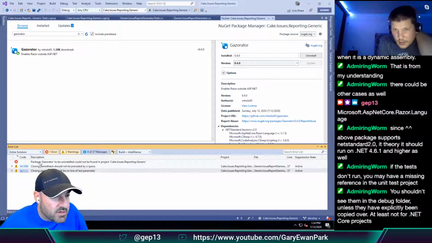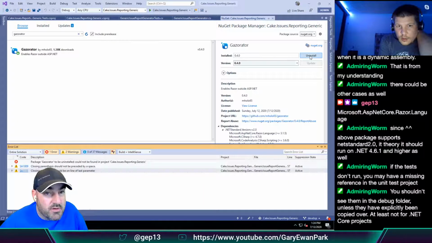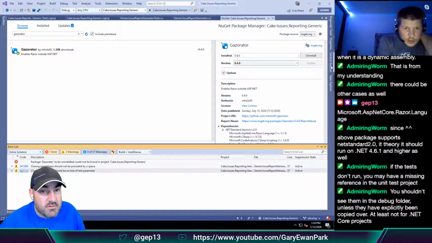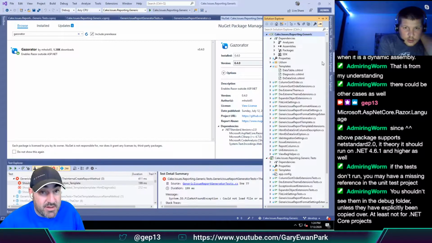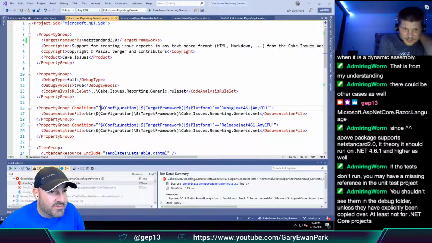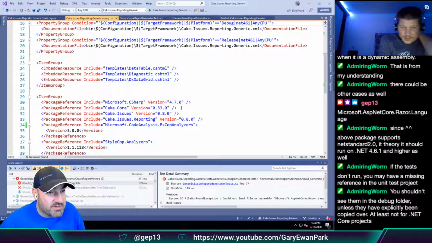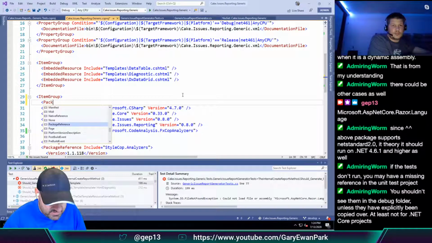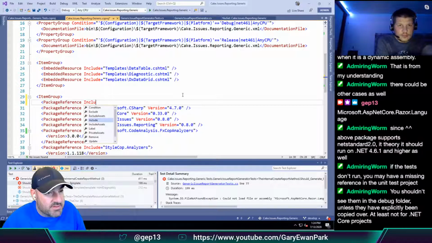It's saying it's not there, but you can edit the csproj directly. That would probably be easier. You need to do that, Pascal. That's the point. If I come here, package reference. These are not in package reference. Include